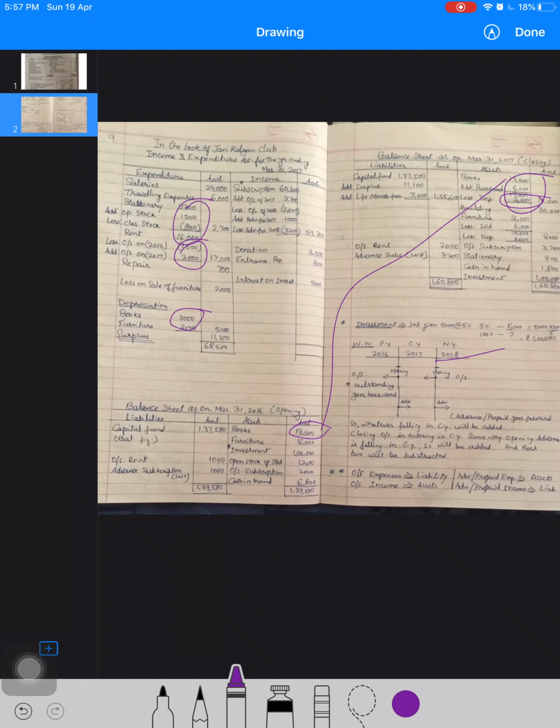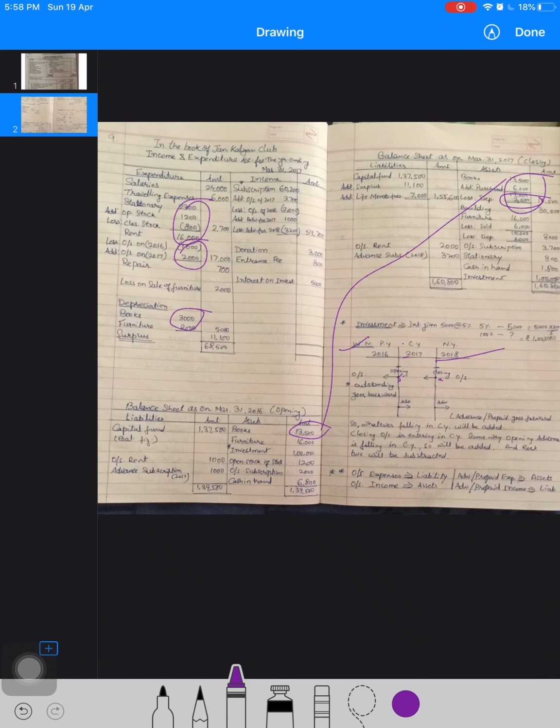This you always keep in mind, whenever you get confused, just write down. This is our current year, you have to find out which is our current year. Now 2017 is our current year, that means 2016 will be the previous year, and 2018 will be our next year. So just mark it like this. 2017 will start from the opening balance, that means here 1st April, and somewhere it will close on 31st March. So one side opening, one side closing.